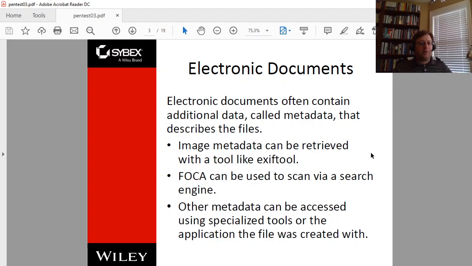But you're also going to be looking at data that is specific to the company that you're trying to compromise, and this gets into a little bit more detail about that. One of the things that the book talks about here is trying to analyze metadata. Metadata is data that is written about data. One example of this, which I think was talked about in the first half of this class,